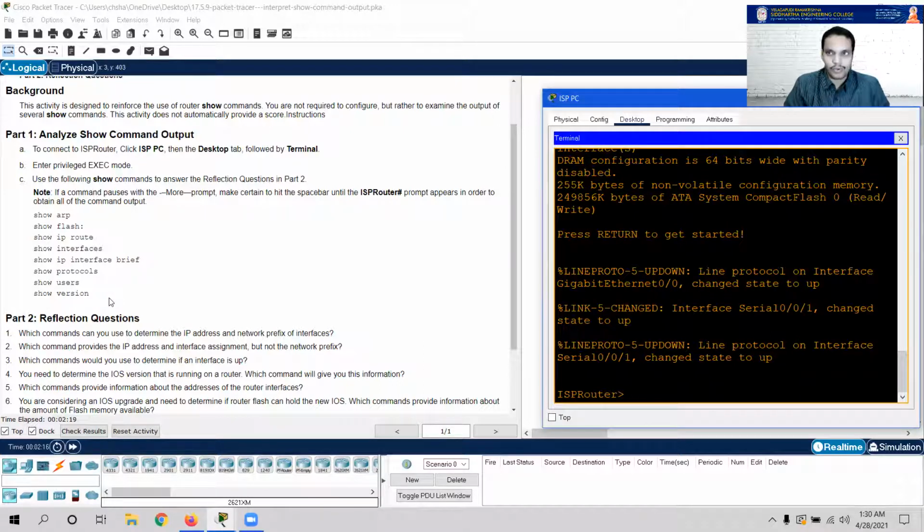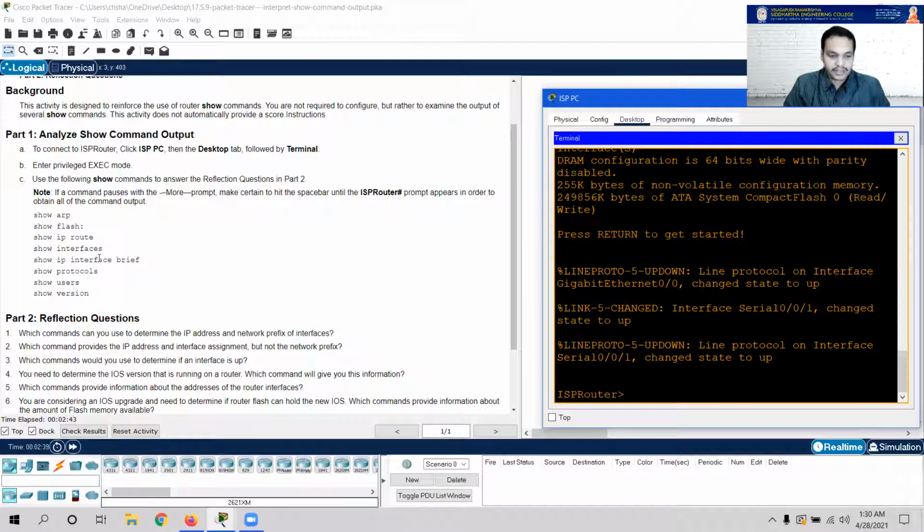Let me give you a brief on these commands and what purpose they are used for. Show arp is used to verify the list of known hosts on the local Ethernet LANs. Show flash tells you the version, the memory size, and other information. Show ip route verifies Layer 3 routing information.